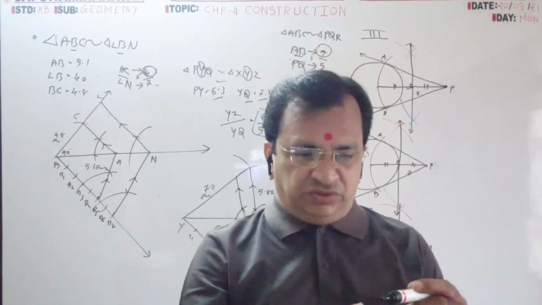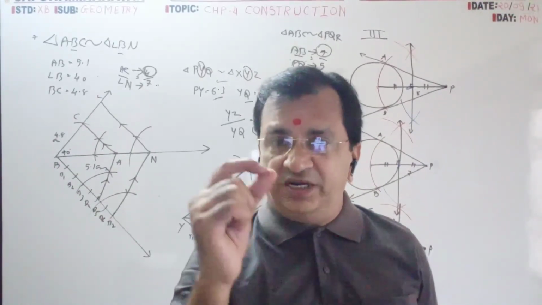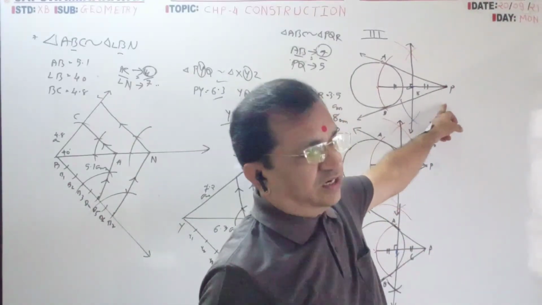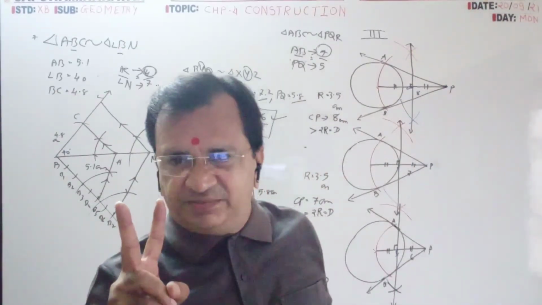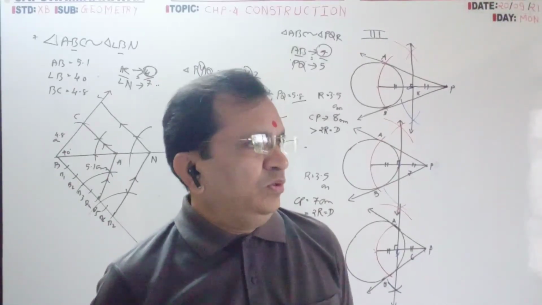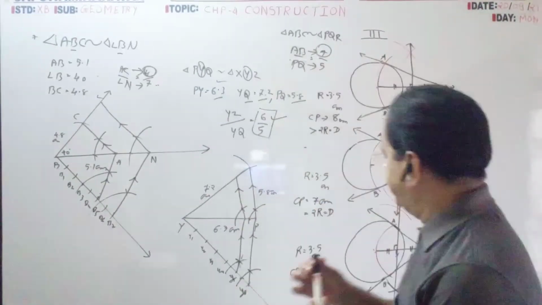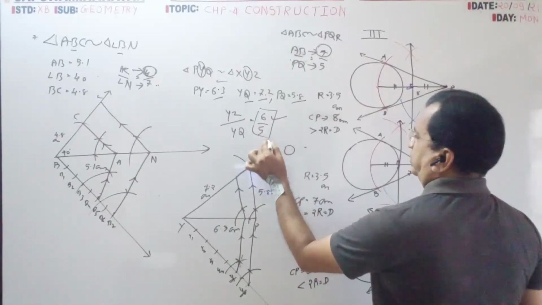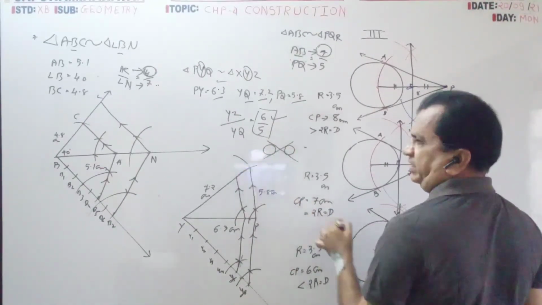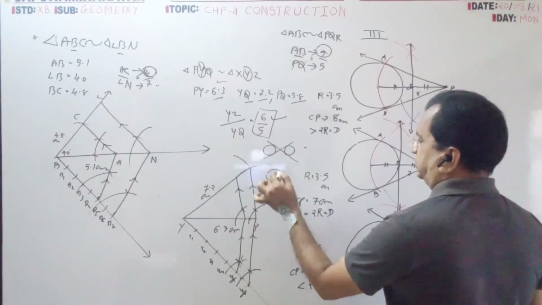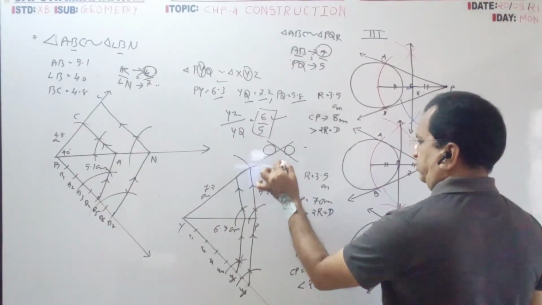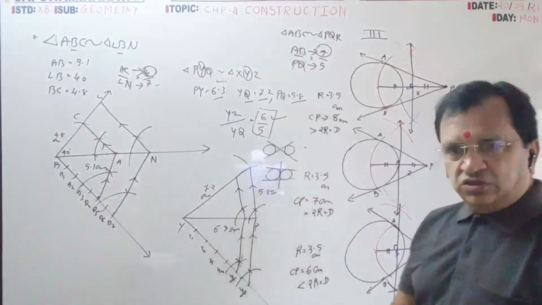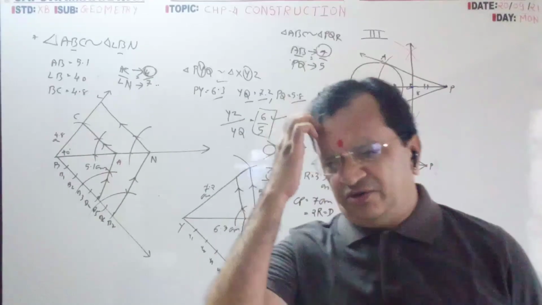Three MCQs in one: they have asked from one point on a circle, how many tangents? 1. From outside the circle, one point is there, how many tangents? Maximum 2. If 2 circles are there, not touching, how many common tangents can you draw? You can draw 1 common tangent, you can draw 2 common tangents. If they are touching each other, how many common tangents can you draw? 1, 2 and 3. So first roughly you have to draw and then write the answer.